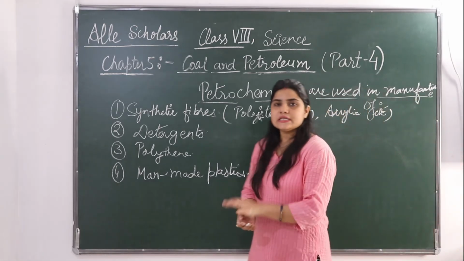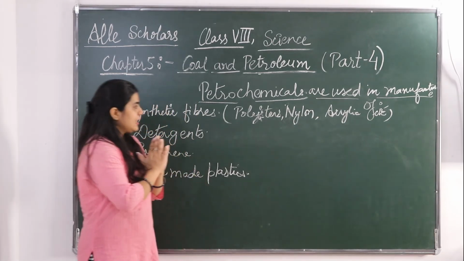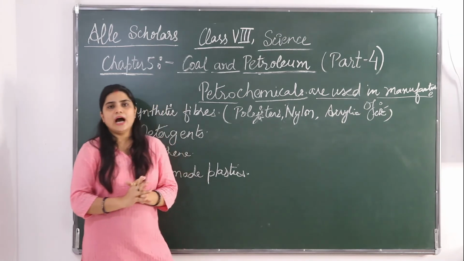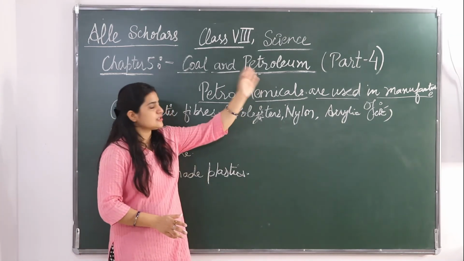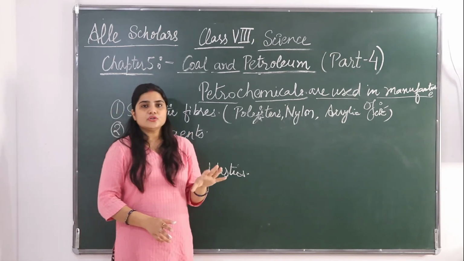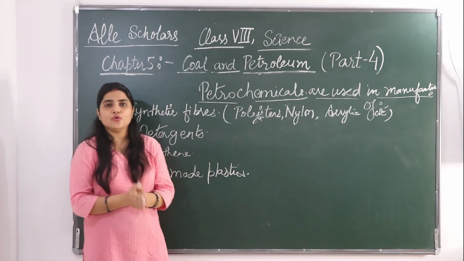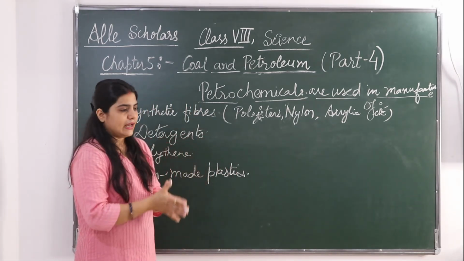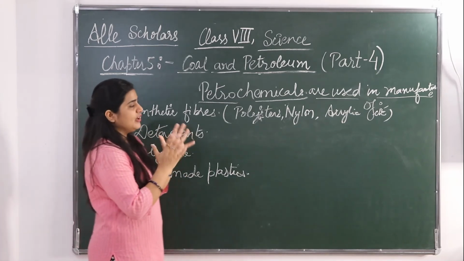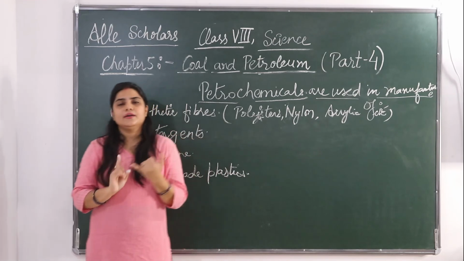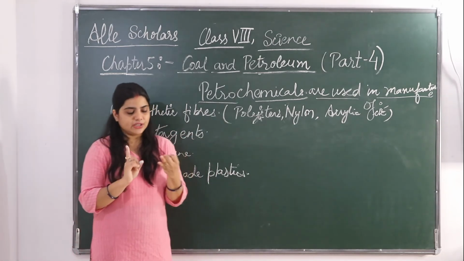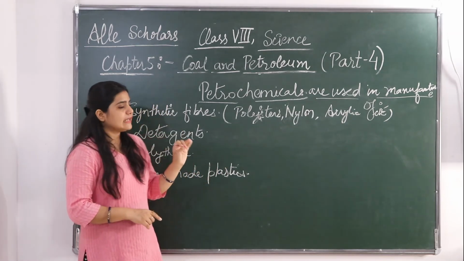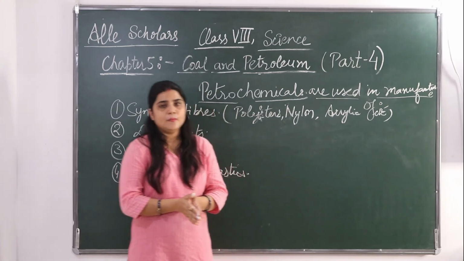Now the question is about black gold. I have already discussed it, but I am telling you again because it is mostly asked. Petroleum is called black gold because of its importance in the economy of a nation. It's very correlated with the economy of a nation. It's of very commercial use also. It increases the economy of a nation. Its commercial importance is why petroleum is called black gold.